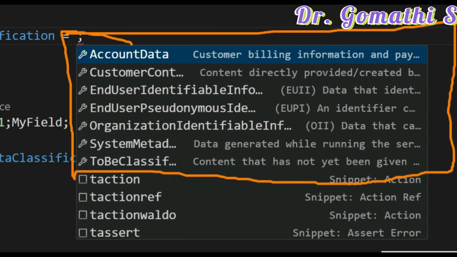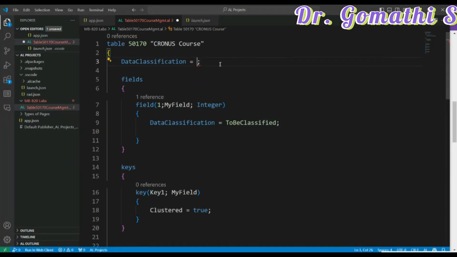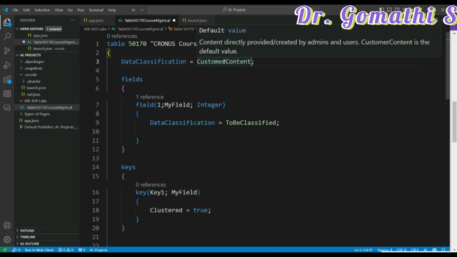Okay, so you can select any one from this if you want, or else you can just go ahead with to be classified. So this is up to you. Here, as per the lab exercise, you have to classify this as a customer content. So this will be classified as the customer content, and content will be directly provided and created by admins